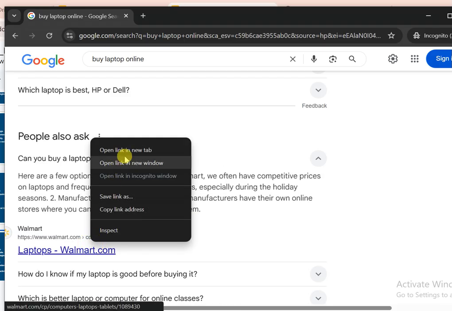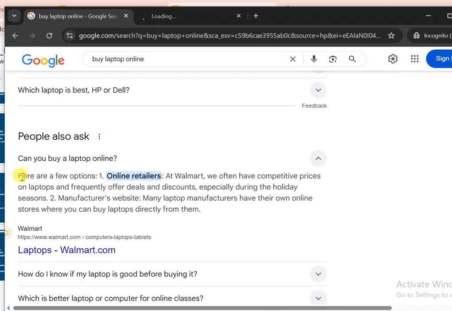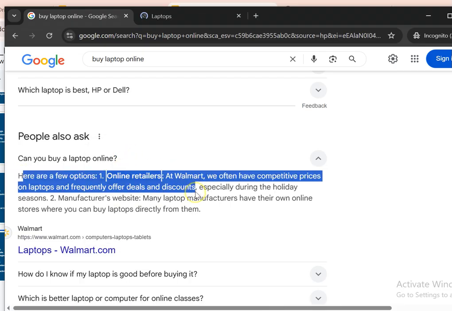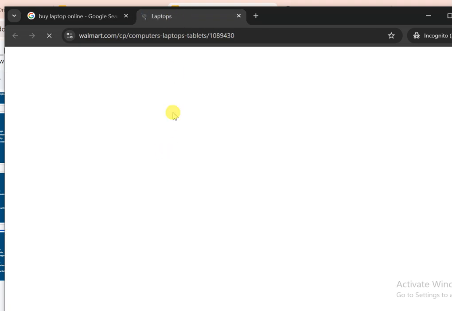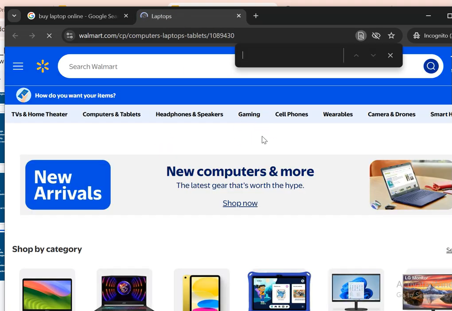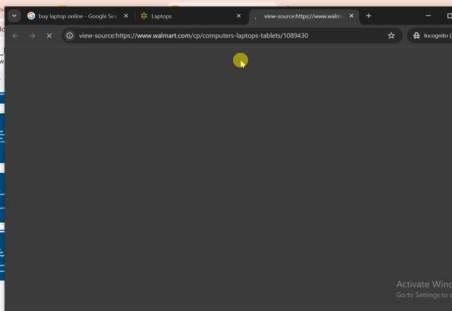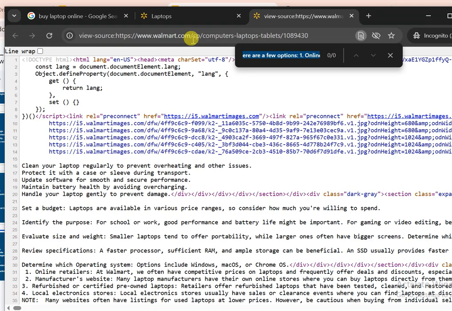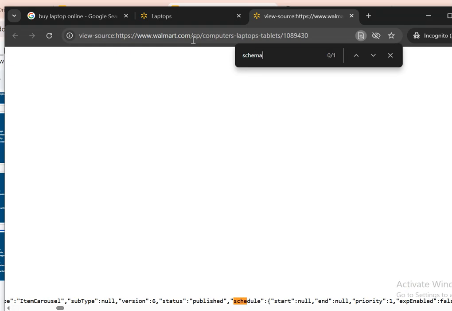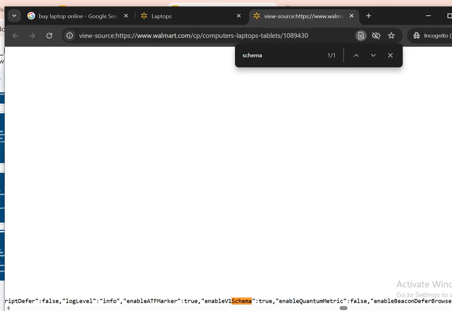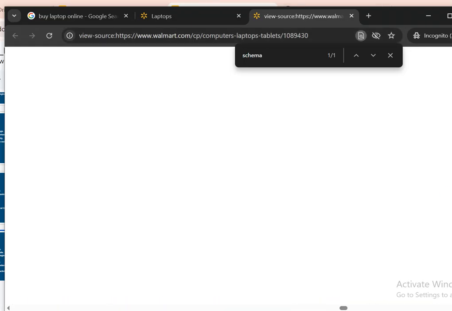So here Walmart is ranking. They might have implemented the schemas very well, so that is the reason they are ranking here. They have implemented schema codes.